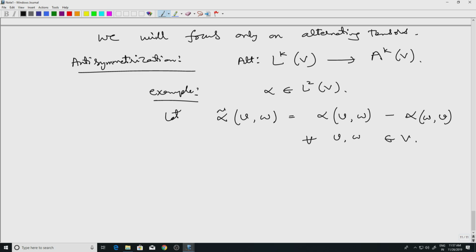Now, if I do this, it's clear that alpha tilde will still be a multilinear form, and the important new thing is that alpha tilde will be alternating. Alpha tilde of V, W equals the negative of alpha tilde of W, V, from the way it's defined. And it's not the case that we'll always get something interesting out of this. You can start with some alpha and end up getting 0, the trivial alternating form. In fact, you can say exactly when that happens. If the alpha that you started with was symmetric, then